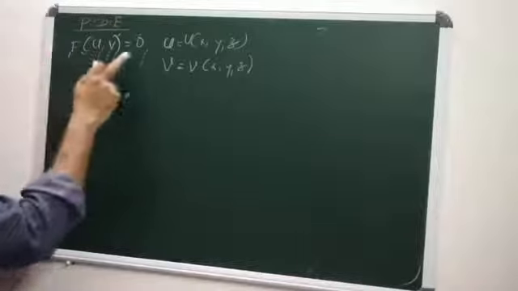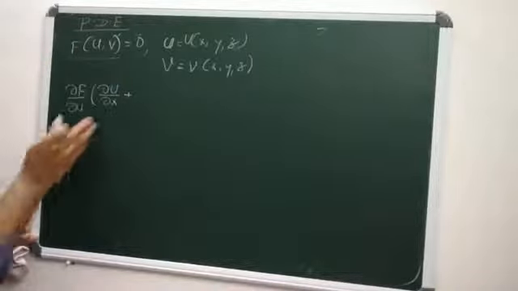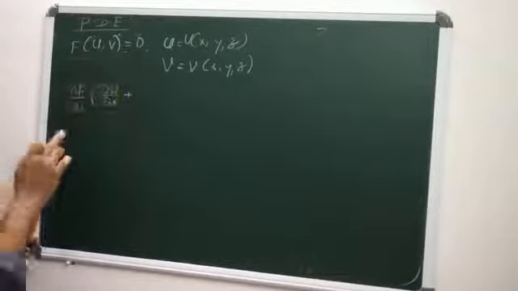So if you partially differentiate this f of u, v equals 0 with these restrictions,